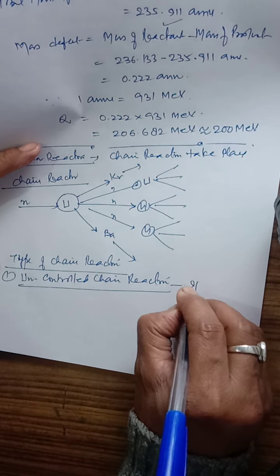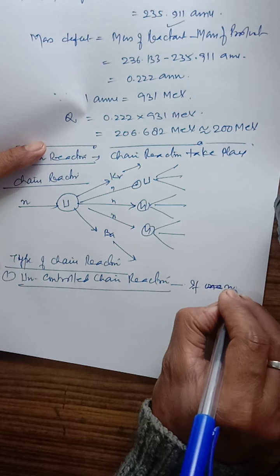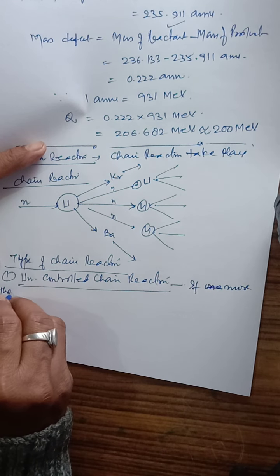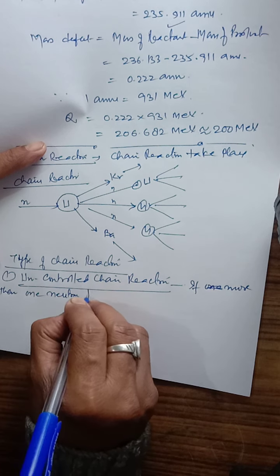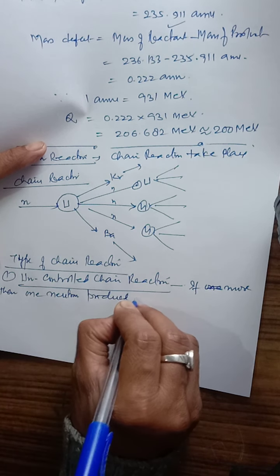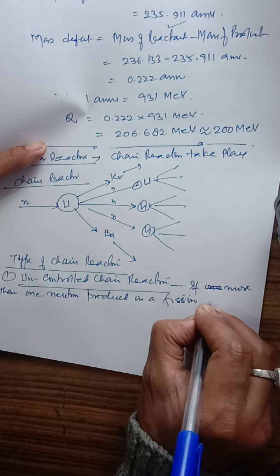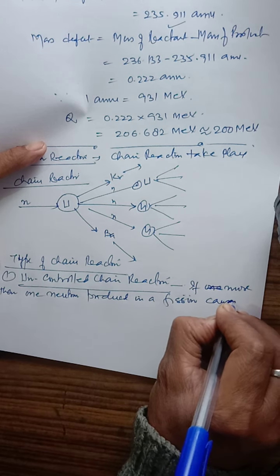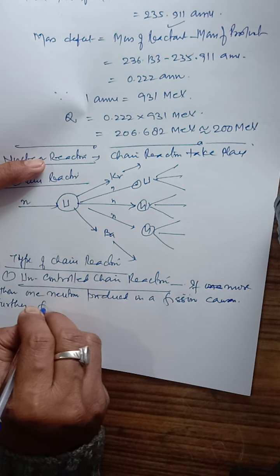You can write that if more than one neutron produced in a fission causes further fissions at each stage,